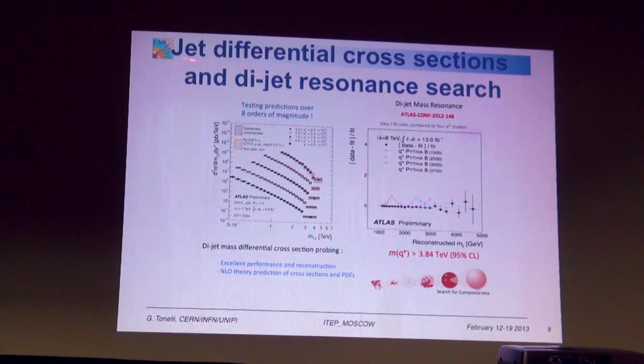This is a similar study in which you study the jet differential cross-section, and you look for a dijet resonance. Again, I highlight once again how important it is to check over orders of magnitude the jet production and the comparison with Monte Carlo. Because only once you have done this, take a look here, I mean, the scale is huge. These are 4, 3 TeV. Only once you have done this, you can really subtract the background, the expected rate, and look if there is any kind of anomaly. It's really impressive that we are touching something close to 4 TeV in terms of compositeness.